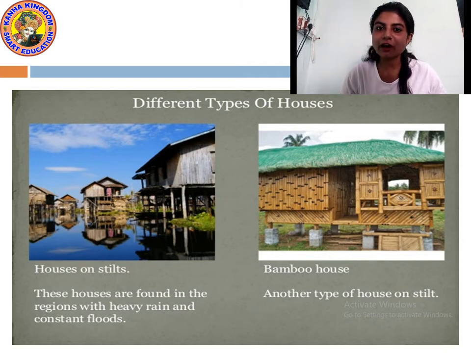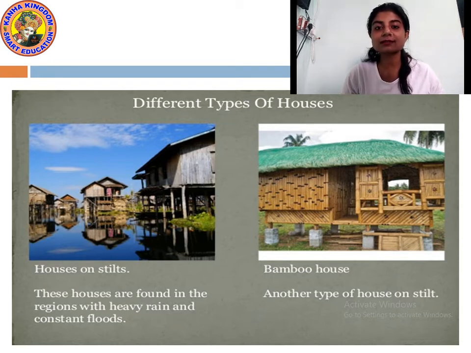Okay, these kind of houses you will find in the state of Assam. Why? Because Assam is a plain region, and there during the rainy seasons floods occur. So people build these kind of houses on bamboo stands or pillars, so that even if water accumulates on the ground, they can live safely and comfortably in the houses. Otherwise their houses will get drained off in the flood.